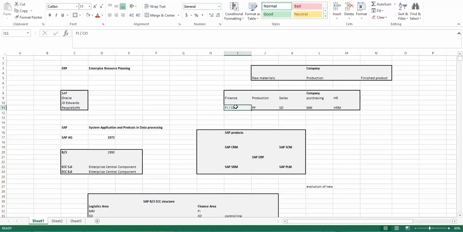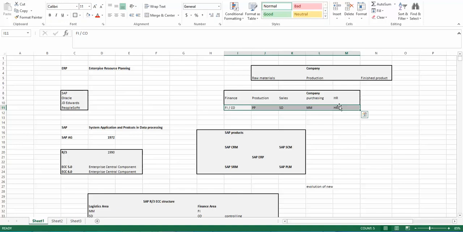So all these important decisions which the senior management, or the directors of the company take would be based upon the reports that are generated from SAP. So recording data daily would help SAP ERP generate a database for all these applications that are there. So that database is used to generate reports.